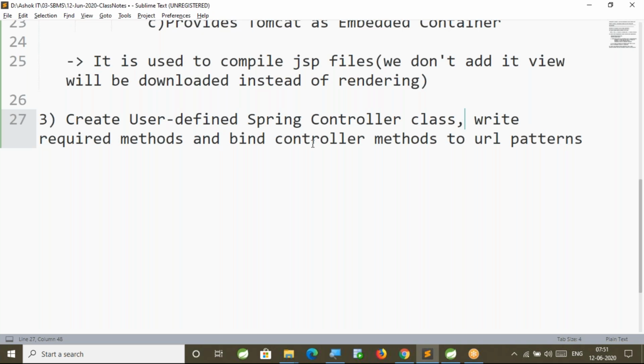Write the required methods in the controller class.